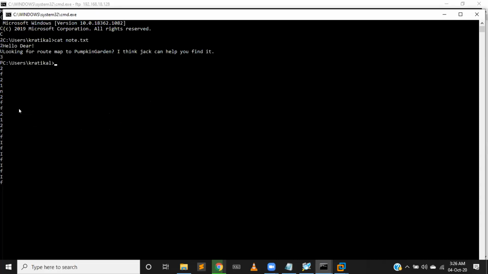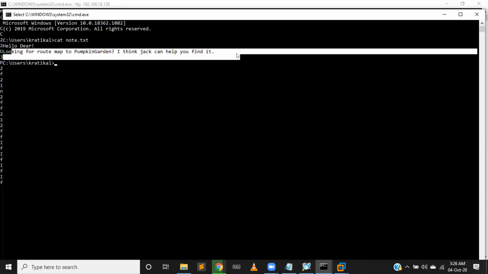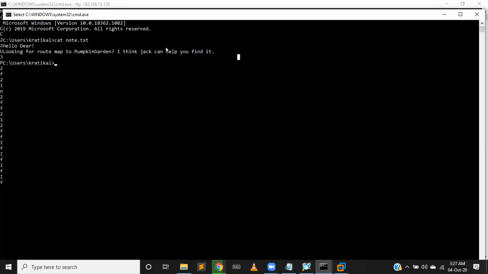So you can see I can now read it. cat node.txt is a command to read the file. It says, "Hello dear, looking for something." So basically this is the information which was available in this particular file. Right. So this way we have